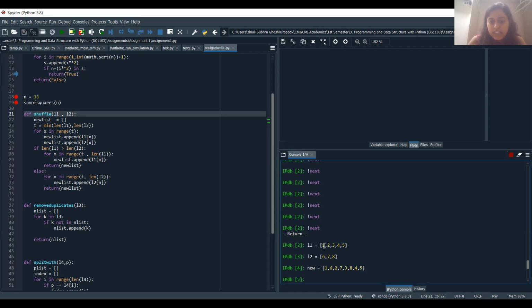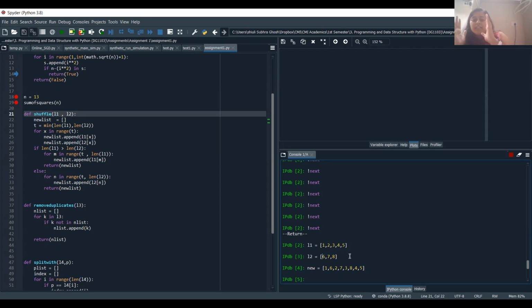Like the list 1 first element, and then the first element of list 2, then the second element of list 1, then the second element of list 2. So we need to do that. Okay, if any list is shorter, fine, this is the problem. Then first you have to check if the lengths of the two lists are not equal. First idea will be this. Then what should we do?